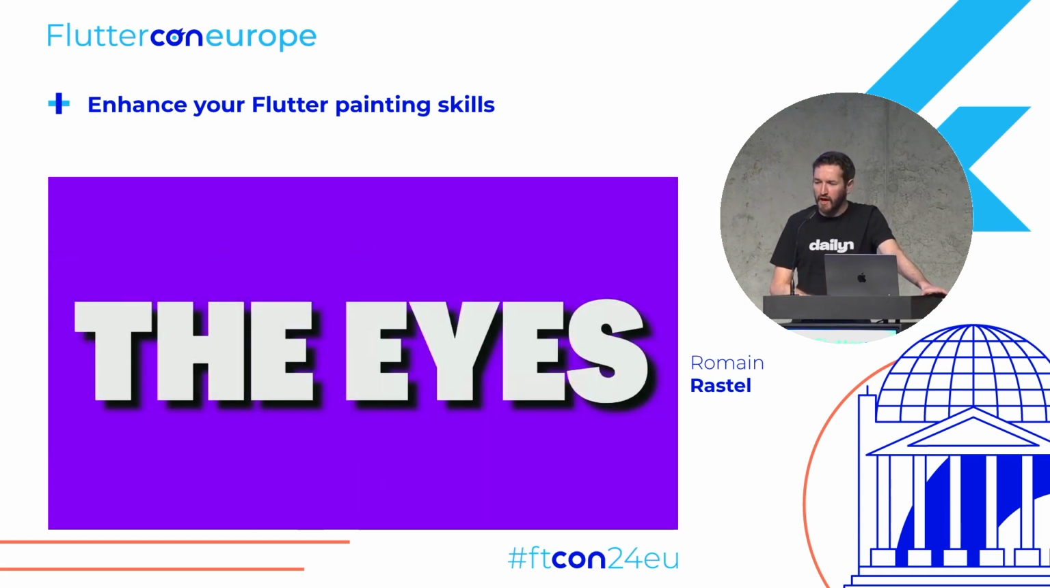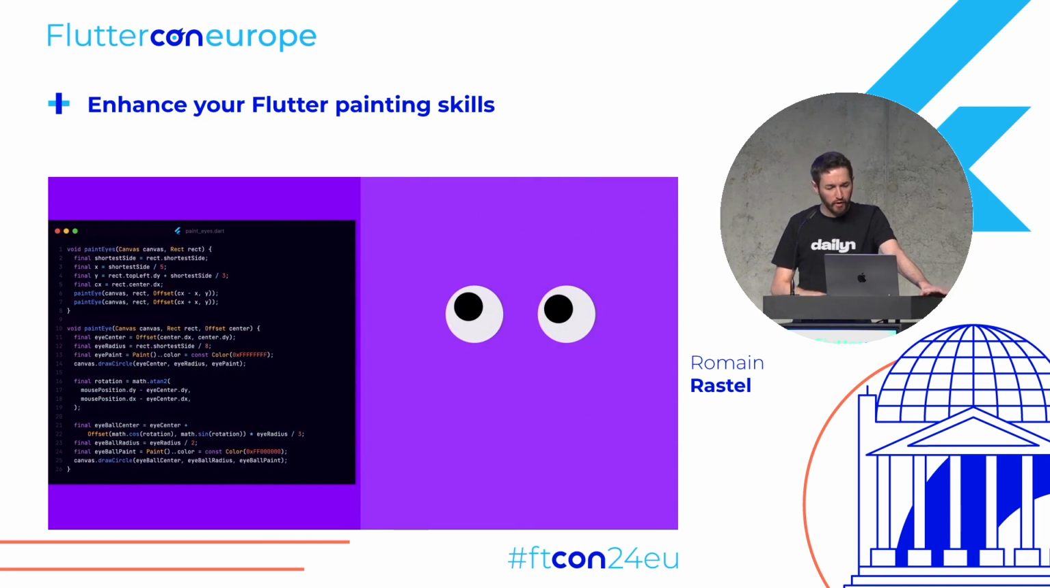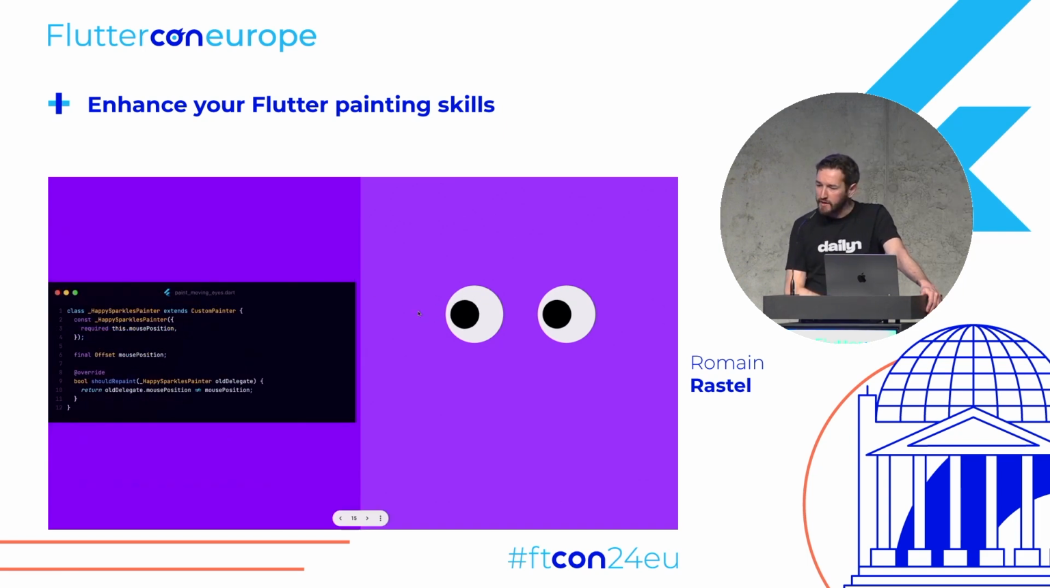Now, for the eyes. Really easy stuff also. We just want to draw 2 circles, one a white one and above it a black one. There was a lot of math here just to follow the mouse position, so don't bother to really look at it. But what I really want to show you here is the ability to repaint your painter when its properties